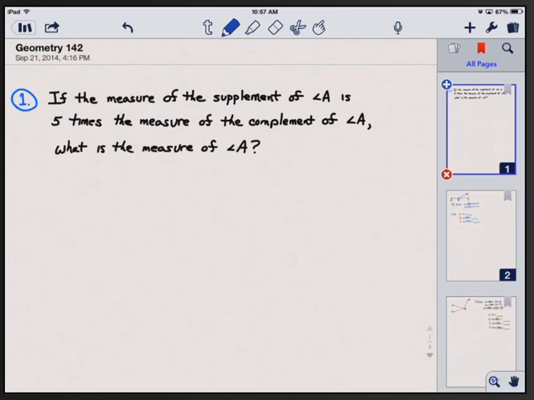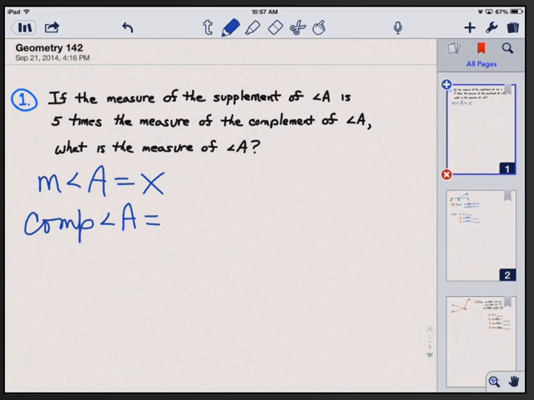Okay, problem number one. If the measure of the supplement of angle A is 5 times the measure of the complement of angle A, what is the measure of angle A? So first thing I want to do is point out that there are 3 unknowns. We don't know the measure of angle A, so I'll call that x. I don't know the measure of the complement of angle A,